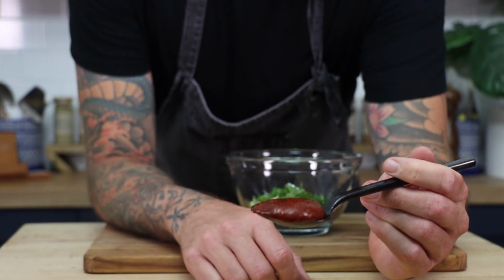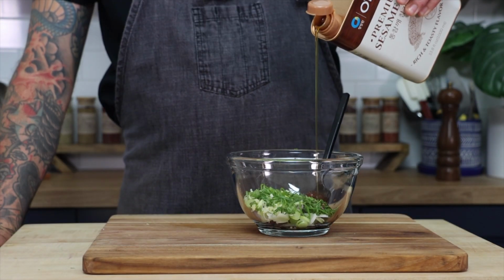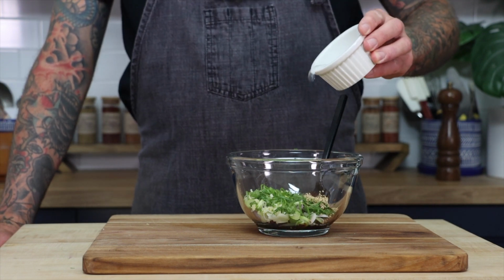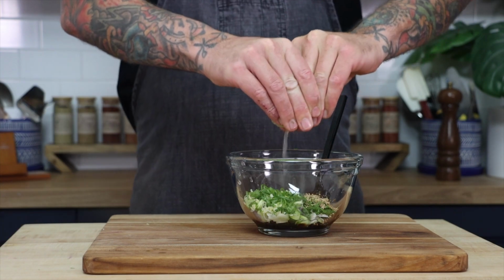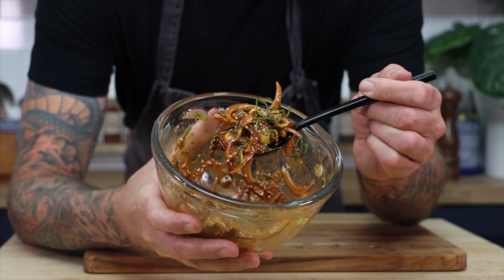Next we add gochujang, which will give us some spice and flavor, low sodium soy sauce, sesame oil, sesame seeds, and some water. The water helps thin out the gochujang because it's a pretty thick paste, and lime juice for a touch of acid. Then just mix this all together and let it sit while we cut our